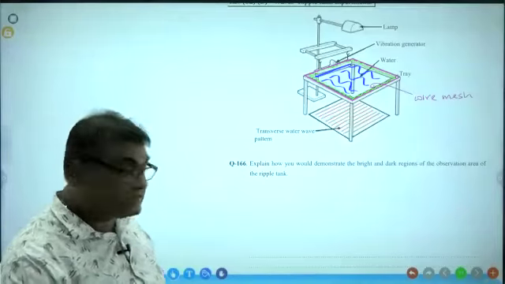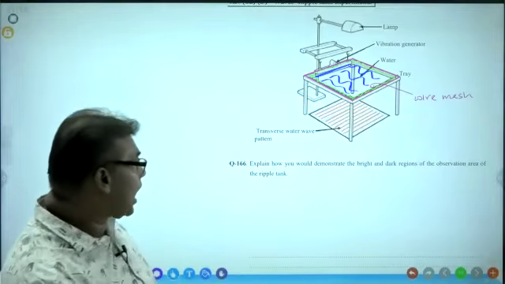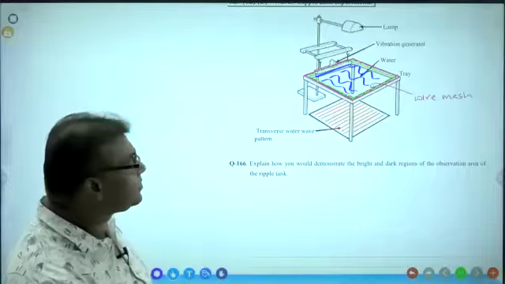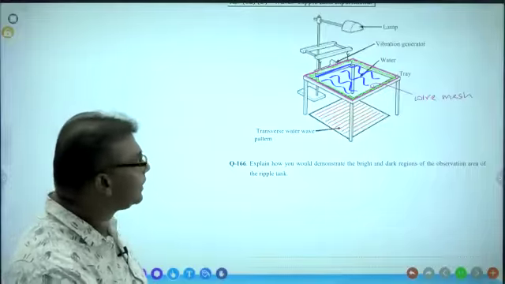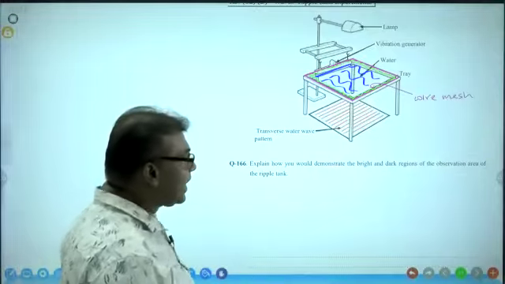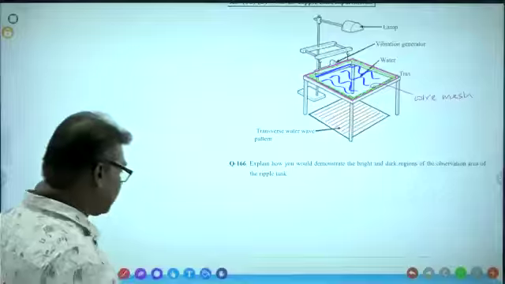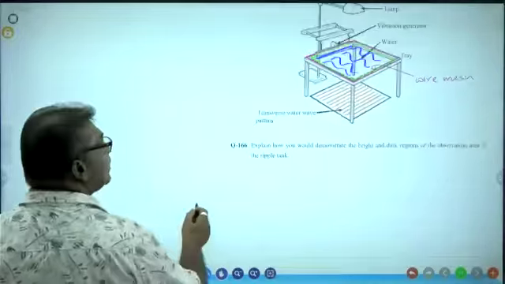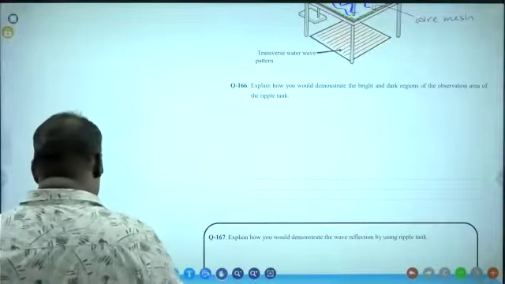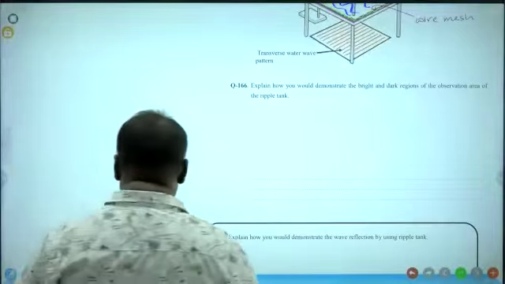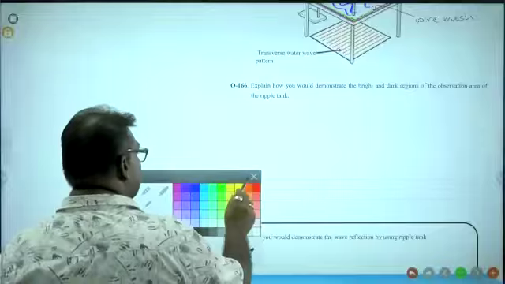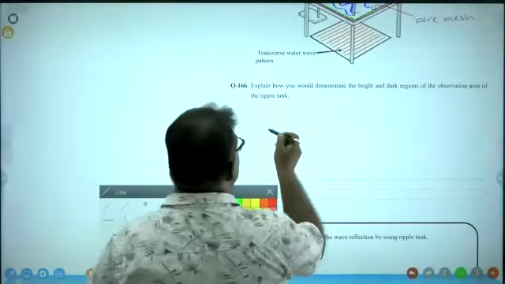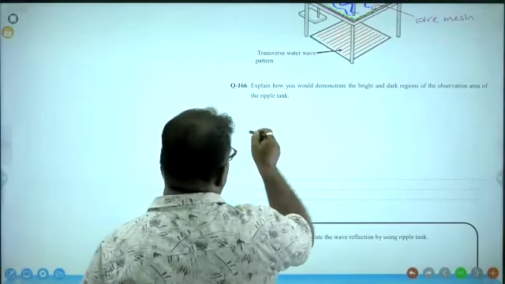Question number 166. Explain how you would demonstrate the bright and dark regions of the observation area of the ripple tank. How would you obtain the bright and dark regions? Then can we draw a simple diagram right here? The function is on the water surface. If you consider this is the water surface,